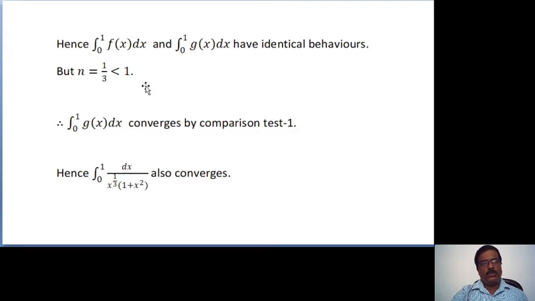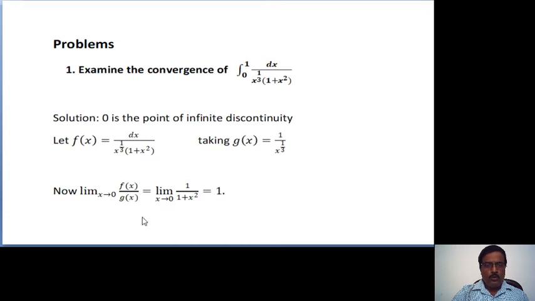Hence the integral from 0 to 1 of dx divided by x raised to 1 by 3 into 1 plus x square also converges,